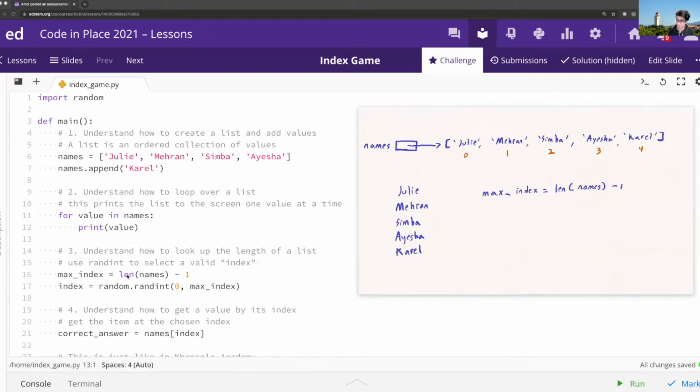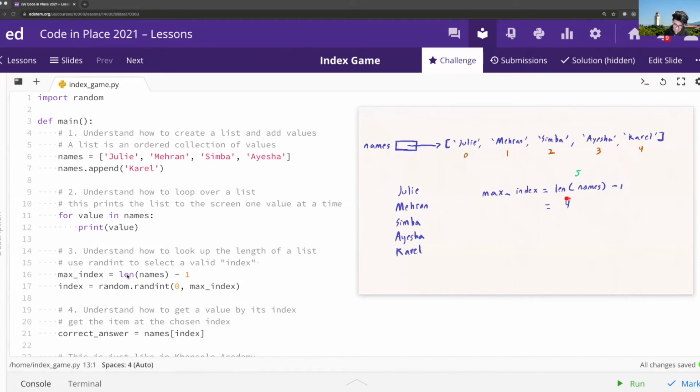So len names is the number of elements in the list. That is 1, 2, 3, 4, and 5. And then once we subtract 1 from that, we get 4. So just to quickly write that down for ourselves, len names is 4, meaning that max index is going to be equal to, oh, I'm sorry, len names is 5. And so max index is going to equal 4. It's easy to get mixed up with the zeros and ones. But okay, so we now know that max index is 4.